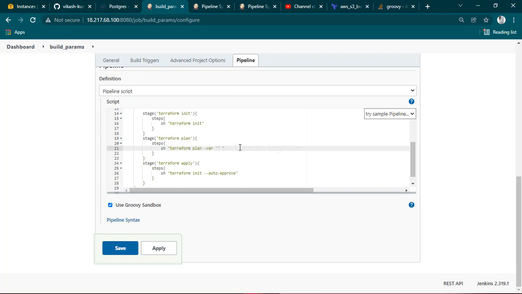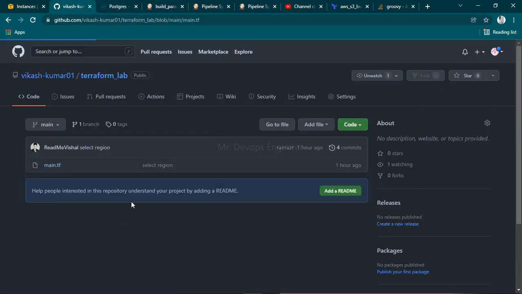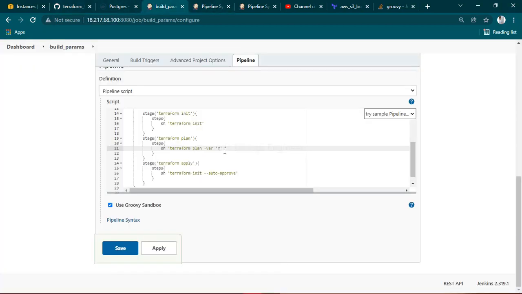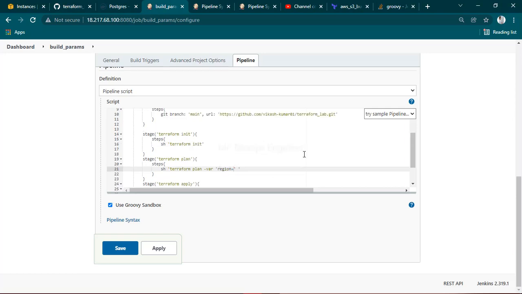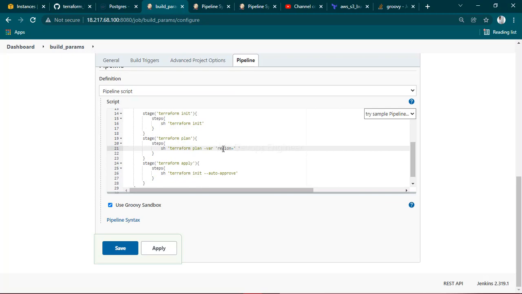Here you have to mention the variable name. What was the variable name you have set there in the Terraform? If you go into the Terraform, you will see that was region. Just go here and do region equals to. Now how you will fetch the value from the choice parameter to here. This is the name of the Terraform variable we have defined. The region equals to